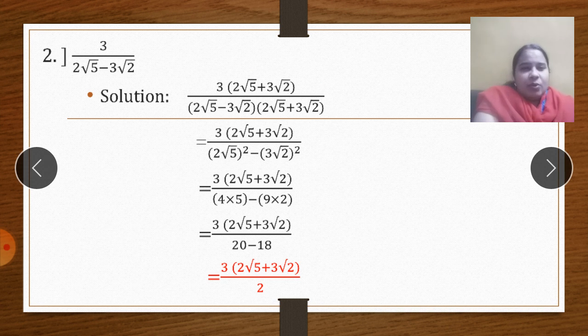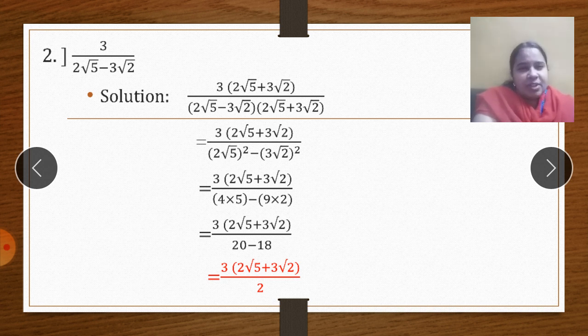Yes? Okay. Please write along with me. Do not sit and observe the video. Unless and until you write these steps, you are really not going to understand everything. Okay? So 3 root 2 the whole square. Now you have to be a little careful while solving this. I'll tell you. See, the next step. What do you have to do with the numerator? Nothing. You have to write it as it is. 3 into 2 root 5 plus 3 root 2. Now don't be in a hurry and get it wrong in the exam.